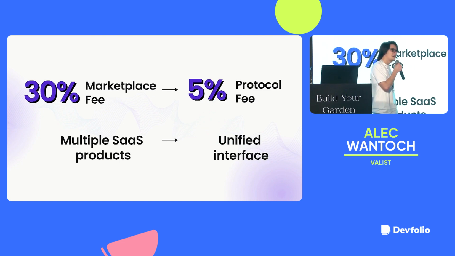And instead of having to tie together multiple SaaS products like GitHub, Vercel, Netlify, or Fastlane, and configuring all these build pipelines, which could take weeks to even months to do in a production-ready environment, it's just one single interface. You could just go ahead and pick your platform, pick your targets, and click deploy.